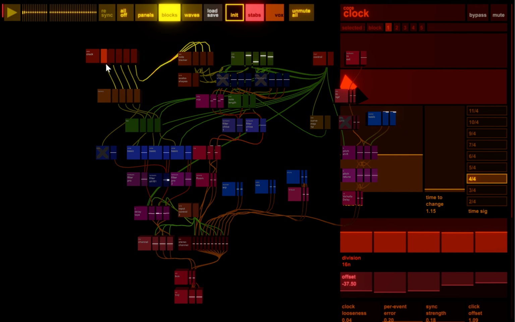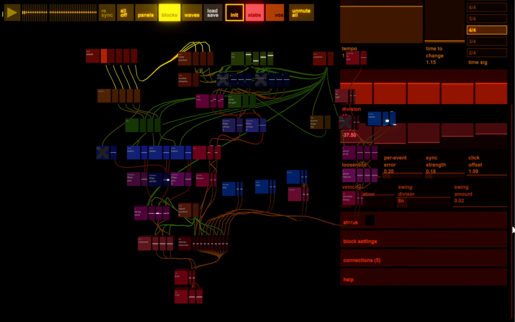I should mention, yeah, the clock. My conception of this is because the clock uses Kuramoto sync for the different voices. And there is timing looseness and velocity humanization, and the idea is that you would have one clock voice per part of your song, and then you get a kind of natural movement around each other. But also because there's no latency compensation, you can use the offset control on the clock to align the timing of voices that have different length signal chains.